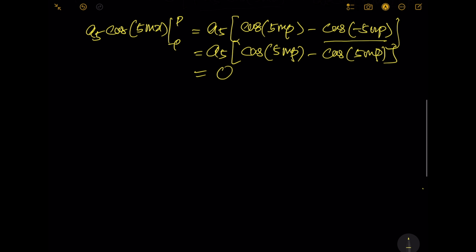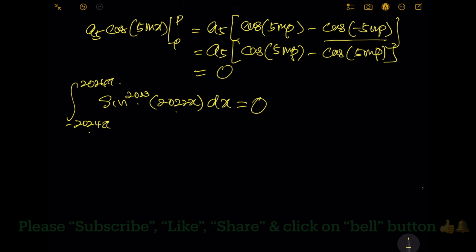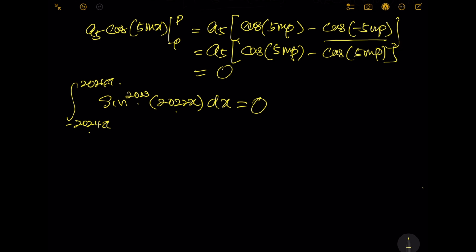So we just explained why the first part of the question is 0, because 2023 is an odd number, while 2022 and 2024 are real numbers. The second part of the question, which is cosine, equals 0, but it is not exactly the same as the first one, which is the sine. So please continue watching the rest of the video.